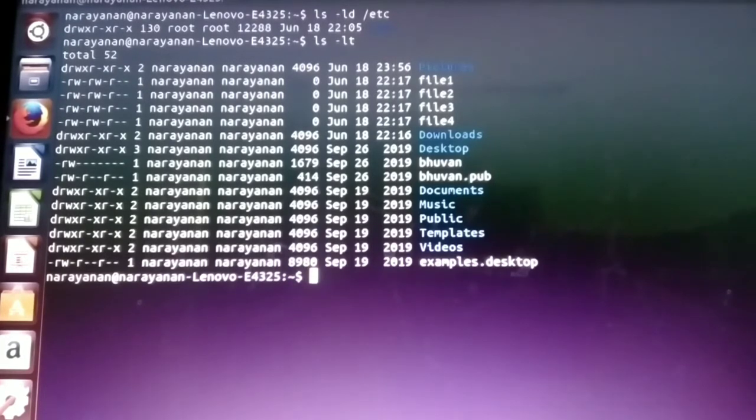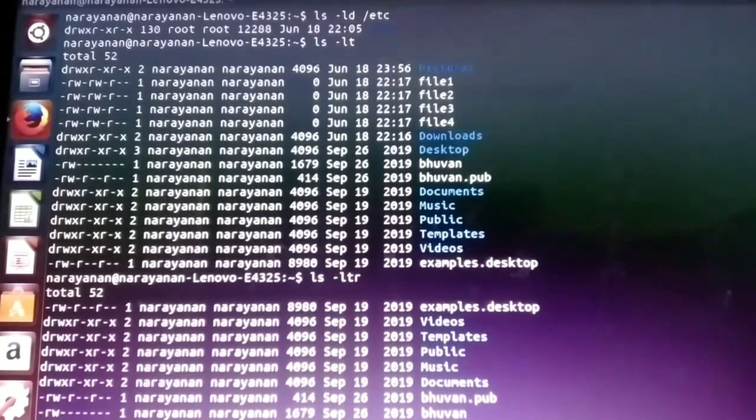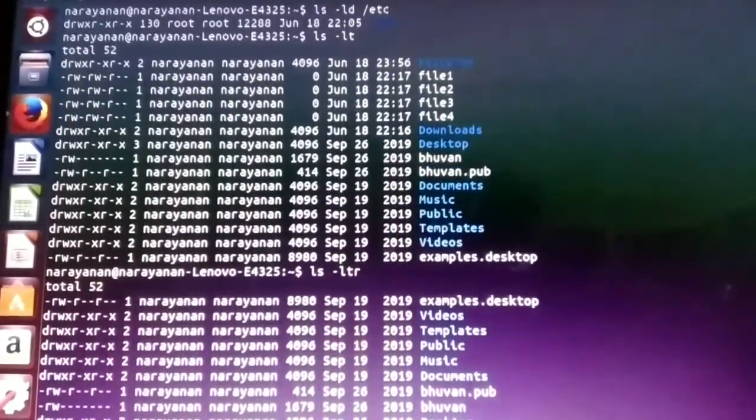And another one is in reverse order, how it is going to display in reverse order. For the purpose ls space hyphen ltr, it is going to order in reverse. Okay, so these are the two different types.